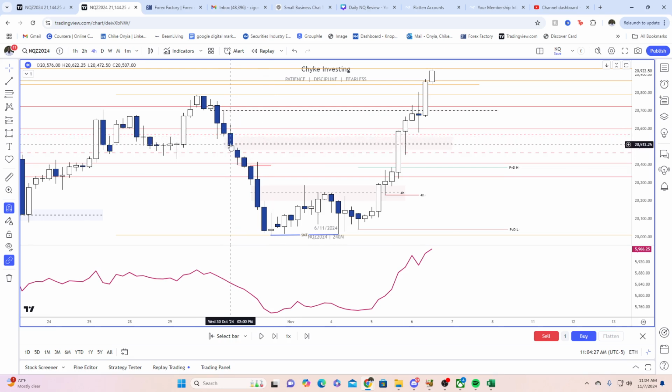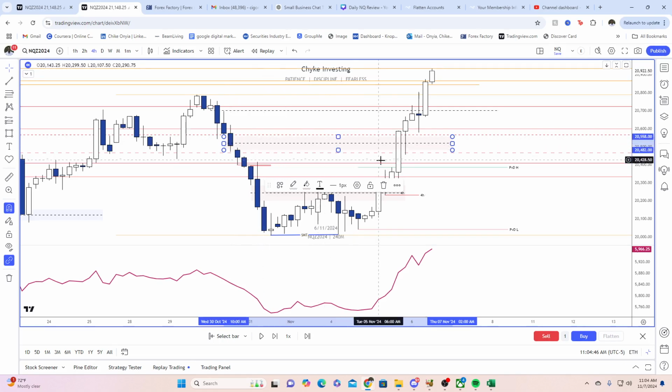ICT talks about this, that this is one type of fair value gap. Yes, it could also be this, but that's only when there's no volume imbalance, right? So a gap is showing displacement. In case you don't know what a gap is, it's a gap in between two candles where there's no wick. It's just bodies, right? There's no trading action, there's no body closure right here. And so this is a fair value gap, right? This is a PD array that you can see price react through.